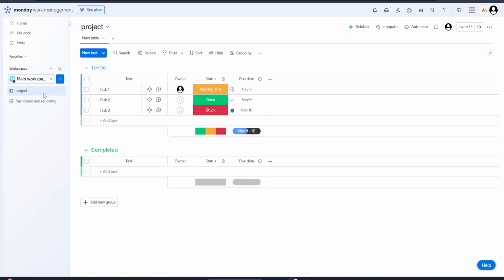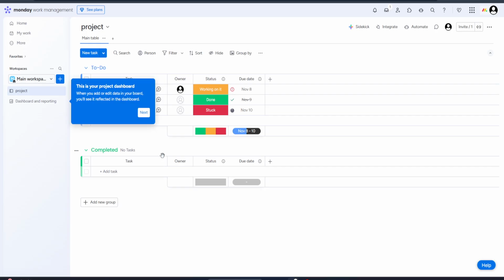Remember, Monday.com is designed to grow and adapt with you, so don't hesitate to explore its features as your needs evolve. Take advantage of its intuitive design, and in no time, you'll find it an indispensable part of your team's